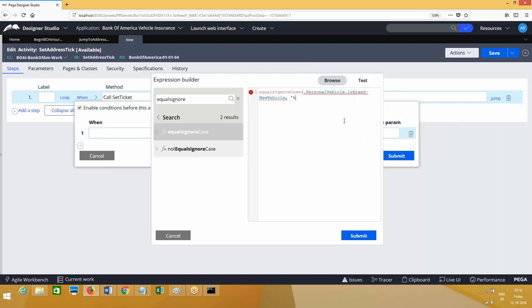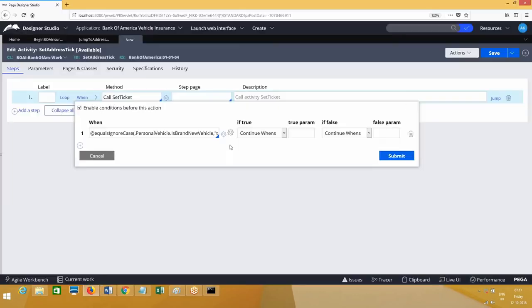True, right? Submit this. If this is true, if the vehicle is brand new, this step should be executed, else it should exit out of the activity. So it will go in the regular path. Submit this.